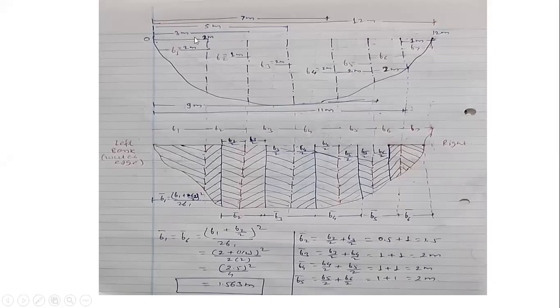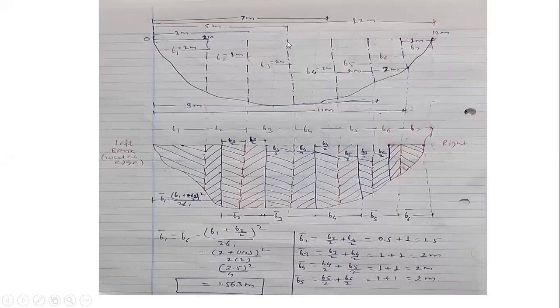So this is firstly at 2 meters, then at 3 meters. So starting from the left side, this is 3 meters. It means that the distance of the first vertical is 2 meters, whereas the distance of the second vertical from the first vertical is 1 meter. Why 1 meter? Because the second vertical is at a distance of 3 meters from the left water edge. It means that from the previous vertical, its distance is 1 meter, because the previous one was at 2 meters. So I have considered B1, that is the width of the first, as 2 meters, which is given. B2 as 1 meter.